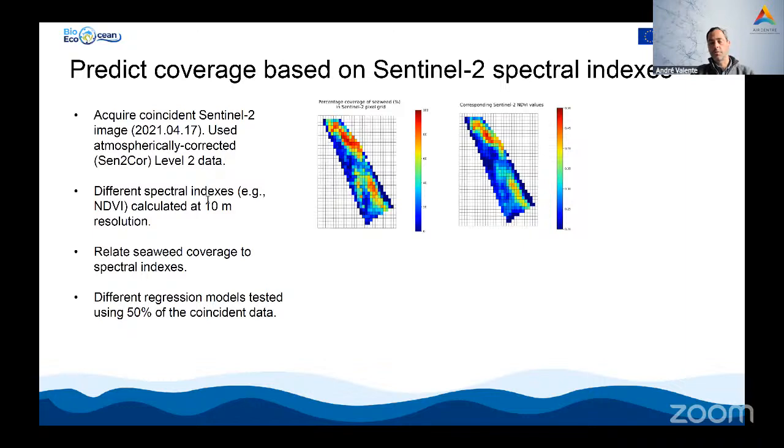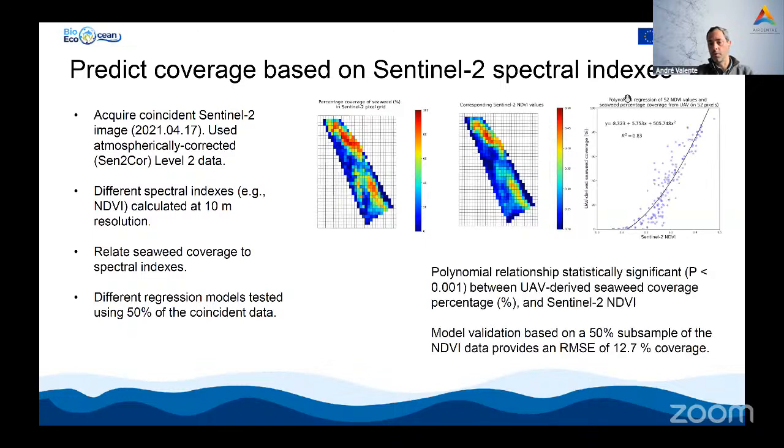And then we try to relate this Sentinel-2 data spectral index with the percentage coverage taken from the UAV at the Sentinel pixel grid. So different models were tested and different index were tested, and our best approach was a polynomial relationship between the UAV-derived seaweed coverage and the Sentinel-2 NDVI. There is a convincing relationship, and